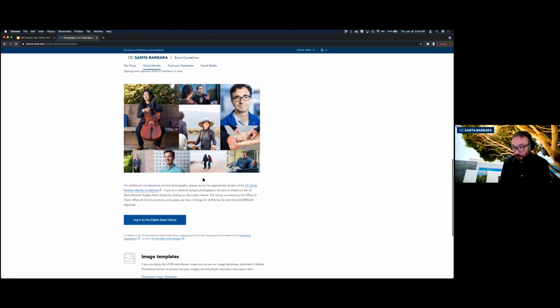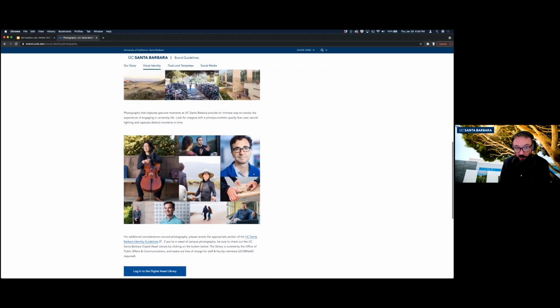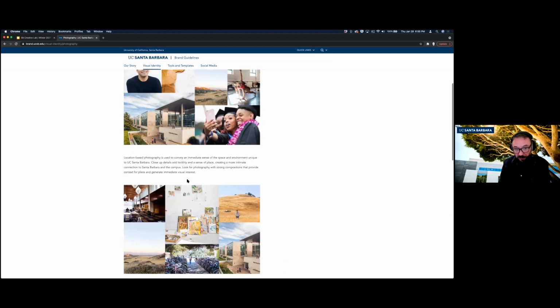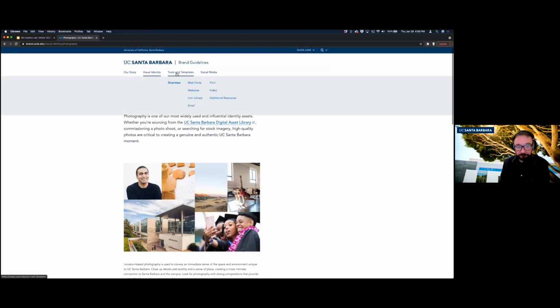They're like free stock photos, and they're high quality, and you can play around with laying type and colors over photos. You'll also see within the guidelines, there's some additional information on pairing colors with photos, and how to pair 2 different photos together, what to look for in photos. Photos are full of colors too, especially our on-campus photography. It's quite often very vibrant and colorful. And so those are things to think about when you're pairing photos with color.